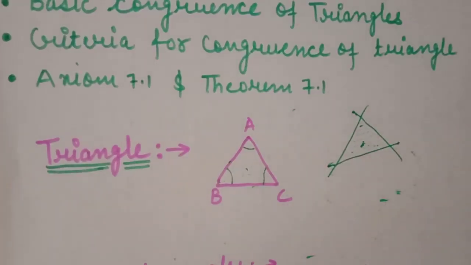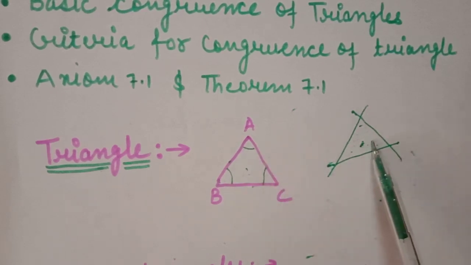So students, we start our lecture with the name of the chapter, triangle. So what is a triangle? We have so many different definitions of triangle. We will start with the first definition. A plane figure bounded by three line segments in a plane is called a triangle. I am using line segment because these three are line segments, because they have two end points.